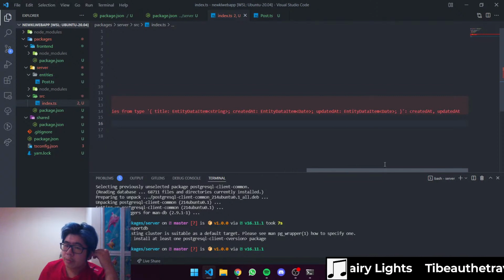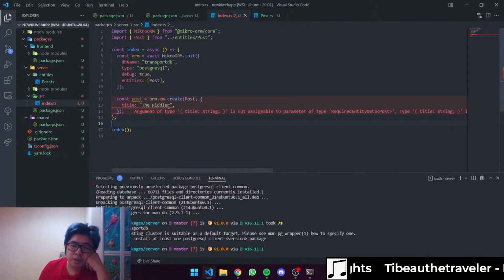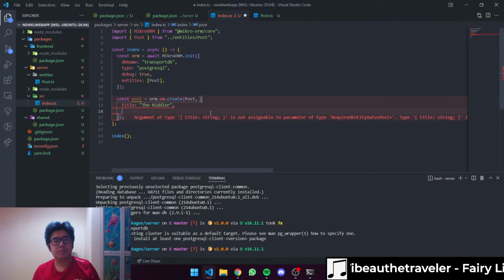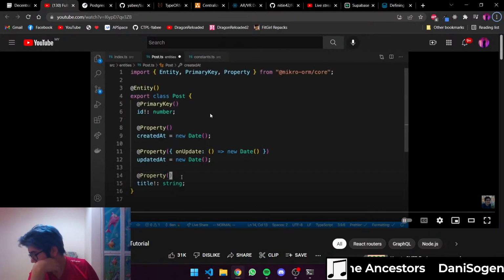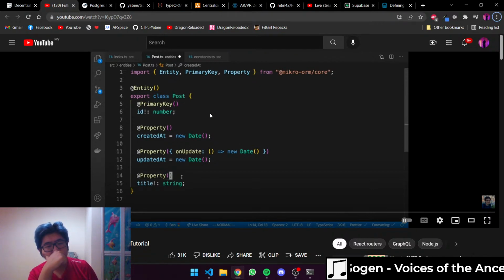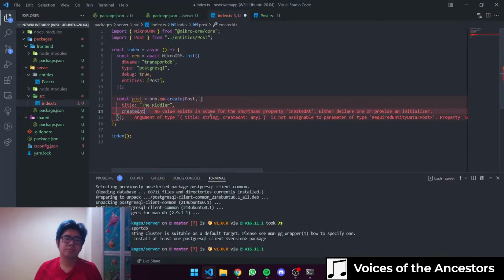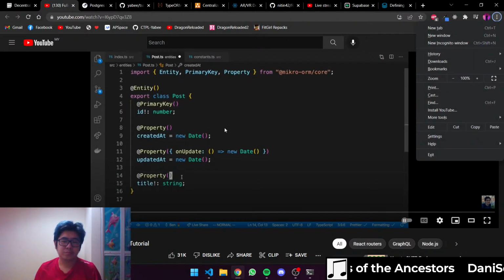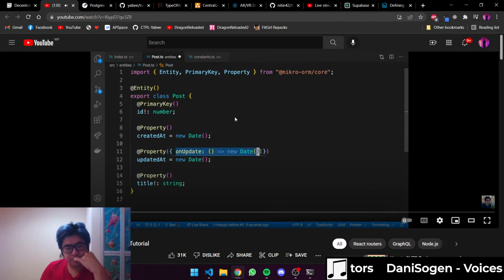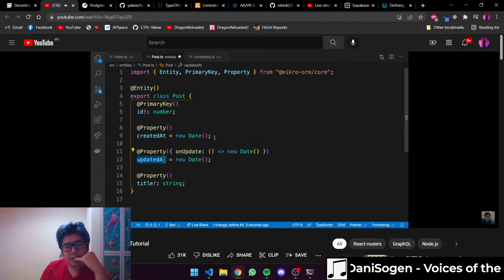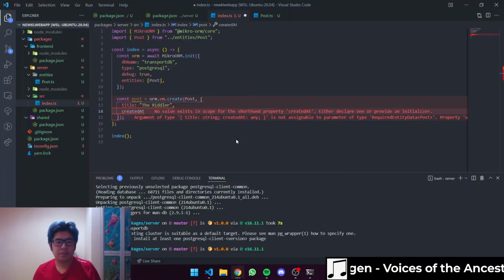Create the ad, update the ad. Why create an ad though? If I remove this, this is now not a database column, just a field in the class. And then this is a special little hook that's going to create a date every time we update. And that just makes sure that it gets a new date. All right, so once we have that,